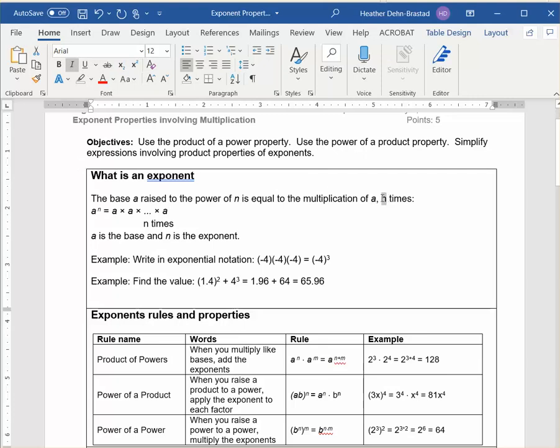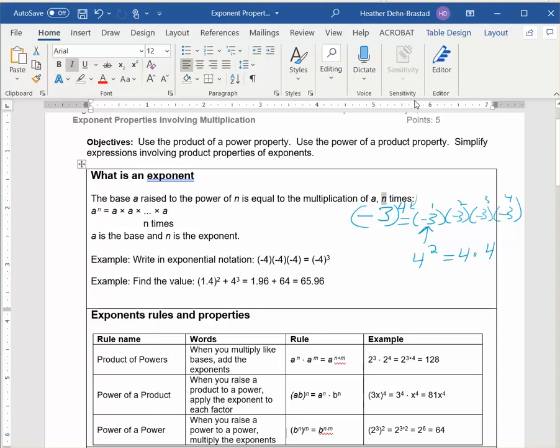So for example, let's do an example here. If you have -3 to the 4th power, that would mean you have -3 times -3 times -3 times -3. So this is the base, the -3, and the exponent is 4, and it tells you how many times, 1, 2, 3, 4, to multiply the base. If it's a negative base, like in this one, then you put parentheses around your base. If it's a positive base, like say you had 4 squared, then you don't need to put the parentheses